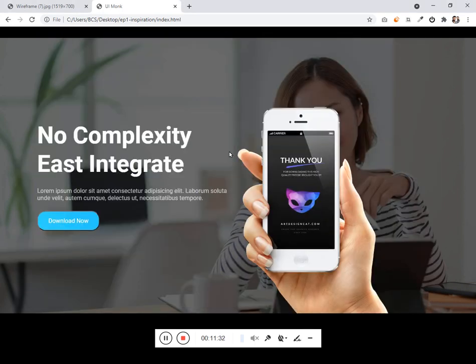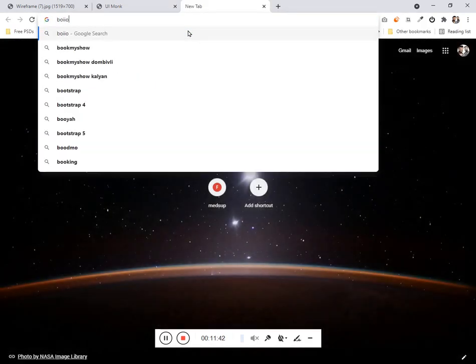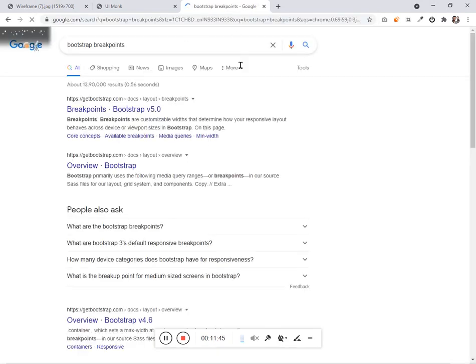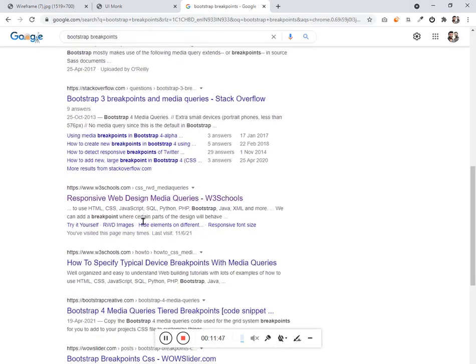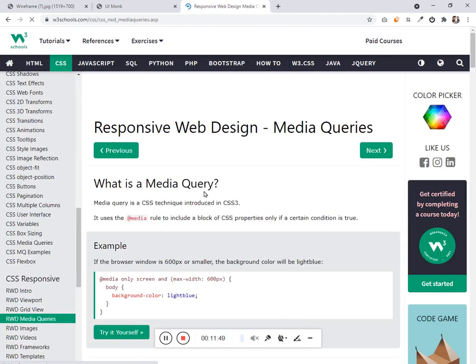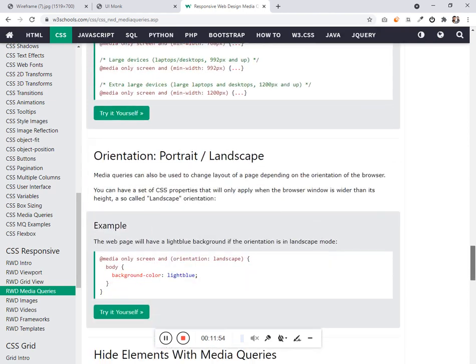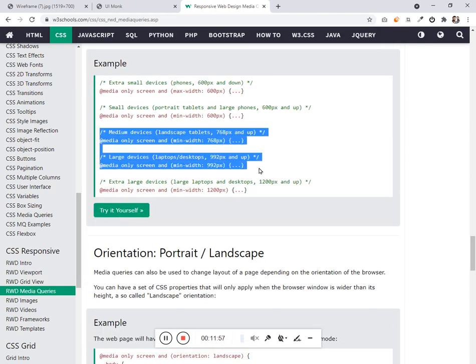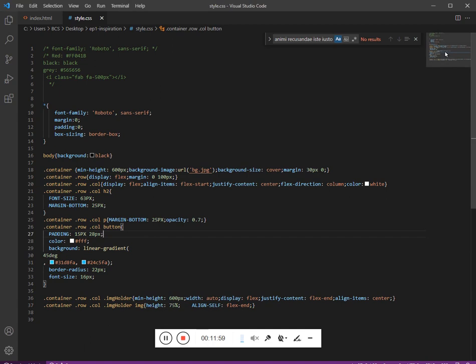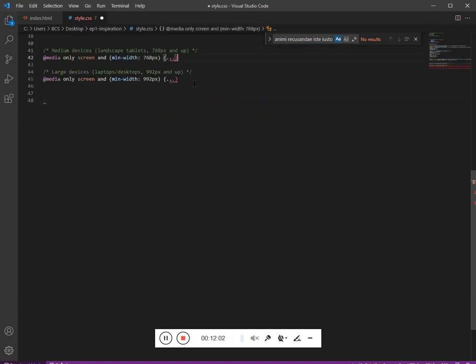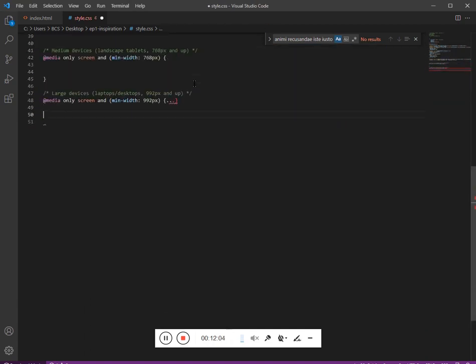Cool. Now since we have completed for the desktop version, now we'll do this for the mobile version. So to do for the mobile version, you have to choose the breakpoint. W3 School has the proper breakpoint explanation. If you have no idea about breakpoint, it is just a screen size which we are going to target for the design. The screen sizes which we are going to target are for tablet and for desktop.